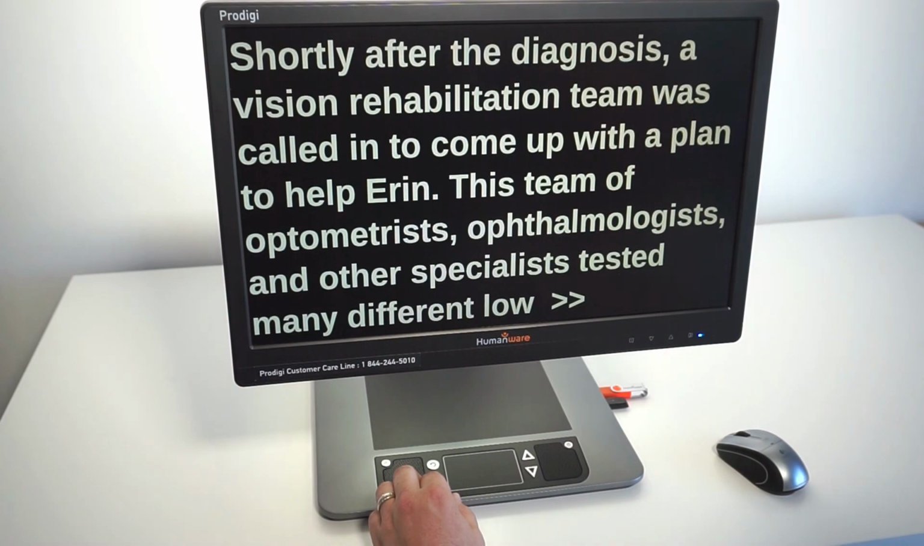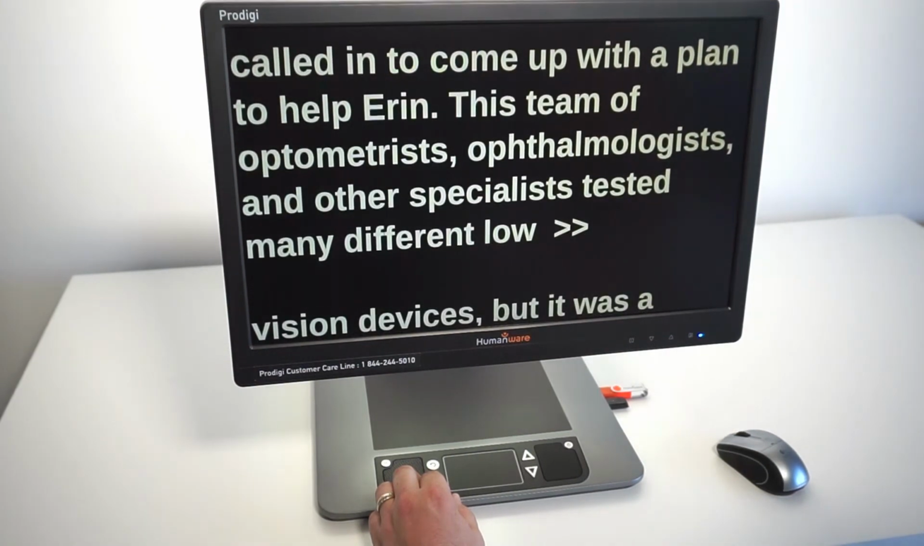up with a plan to help Aaron. This team of optometrists, ophthalmologists, and other specialists tested many